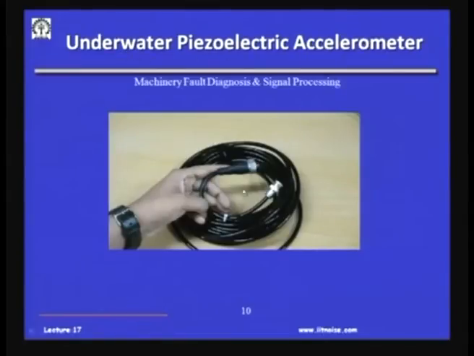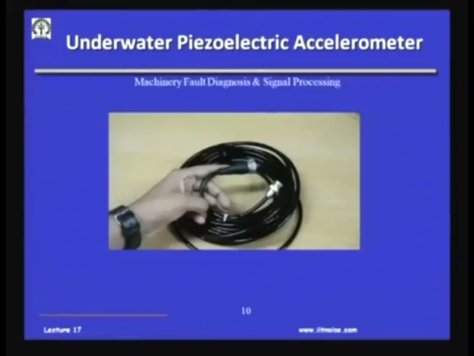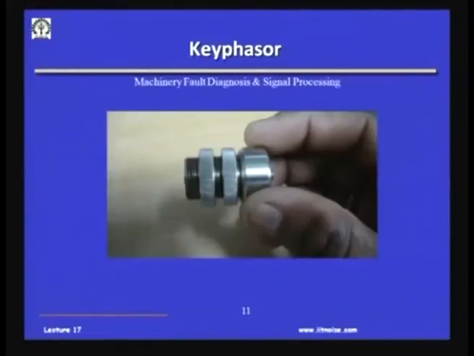Again, you see a long black cable, and this is the accelerometer, and this end has to be just attached to the structure, and then you take the long cable and go outside on the air or in the ship or in your lab, and measure this using an amplifier. Okay. So, we just concluded the vibration and noise measurements. Let me talk about the rotational speed measurements.